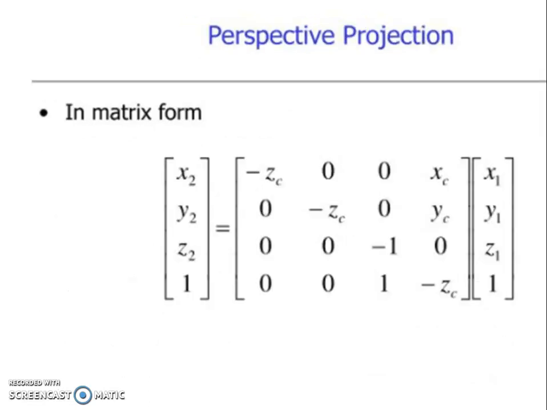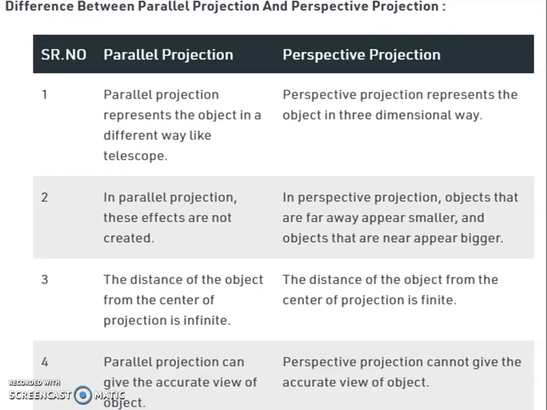Or we can represent it in matrix form as [x2 y2 z2 1] = the matrix with entries -zc, 0, xc, 0, 0, -zc, yc, 0, 0, 0, -1, 0, 0, 0, 0, 1 (minus zc), multiplied by the matrix [x1 y1 z1 1]. And the difference between this parallel projection and perspective projection